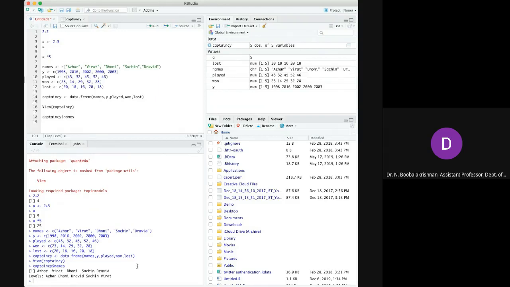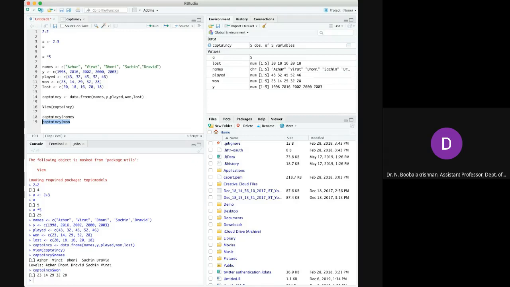In analysis, doing t-test and one-way ANOVA, you will have different levels of groups. Here the characters are mentioned as we have asked, so it will extract even a part of the data frame. You can check captaincy dollar, number of matches won. Select this. The shortcut to run this program is Control Enter.